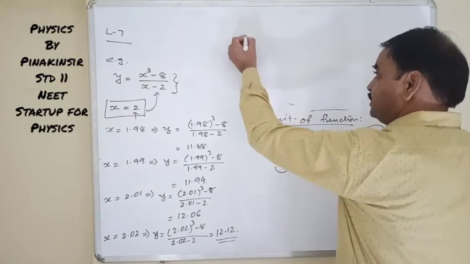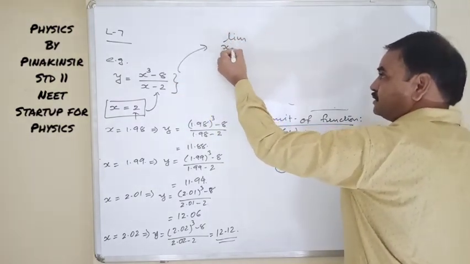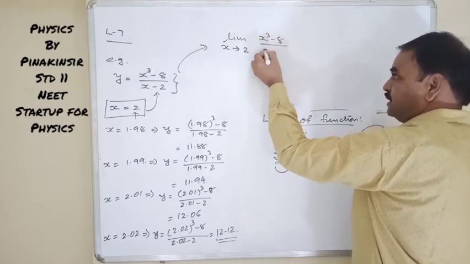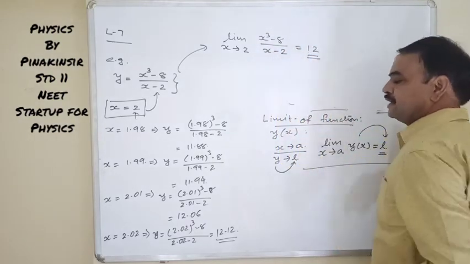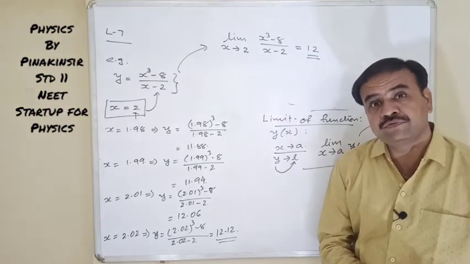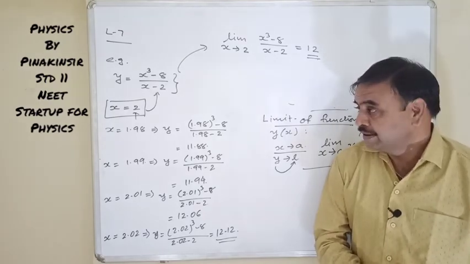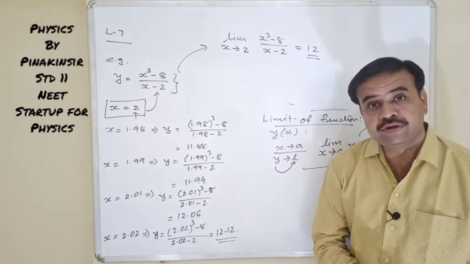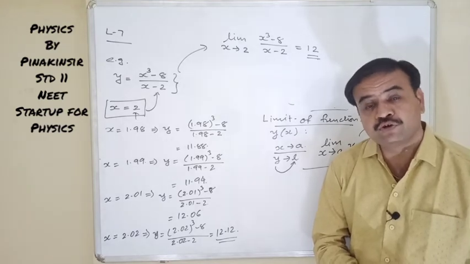Here we can say that in this particular function, the limit where x tends to 2 of x cube minus 8 divided by x minus 2 is nothing but 12. Thereby the limit of that function is 12. Such types of logical sequences will be there in the calculation of differentiation. Thereby two terms are very much important. One is function and another one is limit. It is not exact mathematics, it is the mathematics of logic.